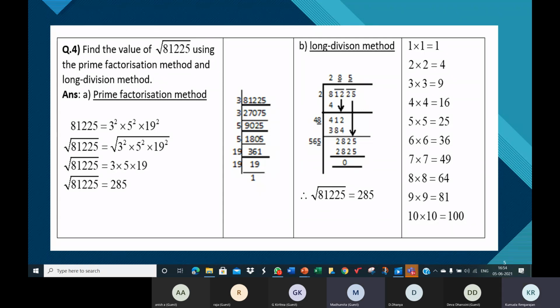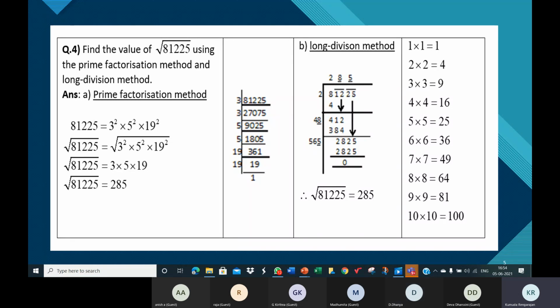276, ma'am. 276. 46 into 6 is 276. Again, we are not close to 412. So let's try 47 into 7. See, children, how am I saying 47 into 7? If you place 7 here, you must place the same digit here after 2. After 2, you must place the same digit 7. And the product is 47 into 7. All of you, please try 47 into 7 and tell me.